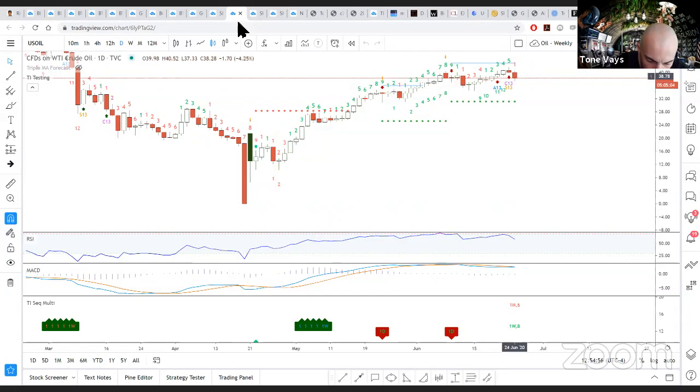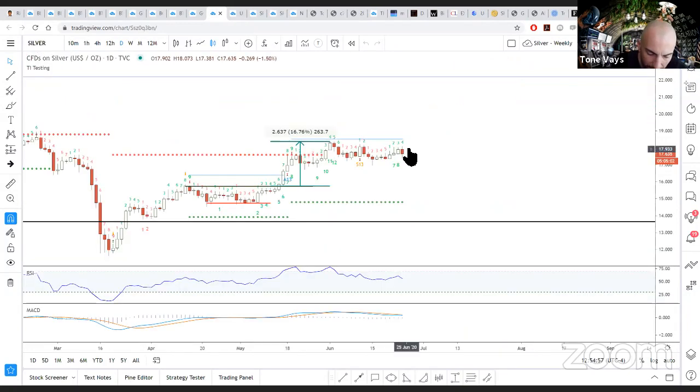And silver is like gold, but silver has kind of decoupled from gold a little bit. They're acting a little bit weird. Silver went up a lot more. Now I think gold can rally and catch up.